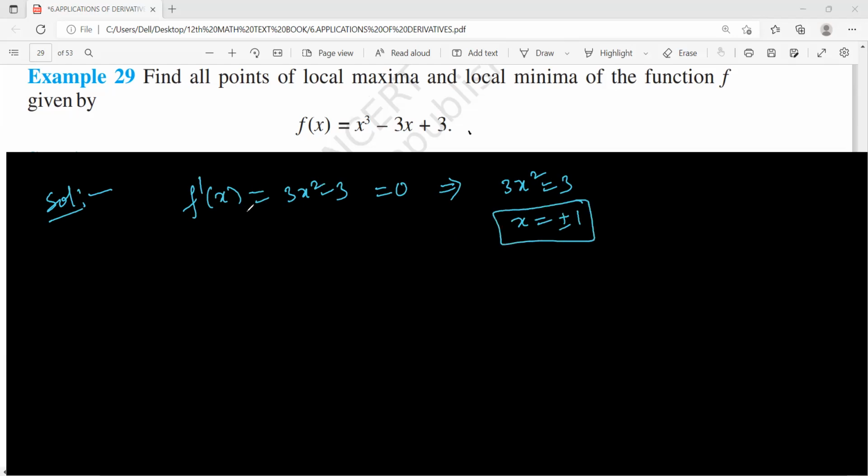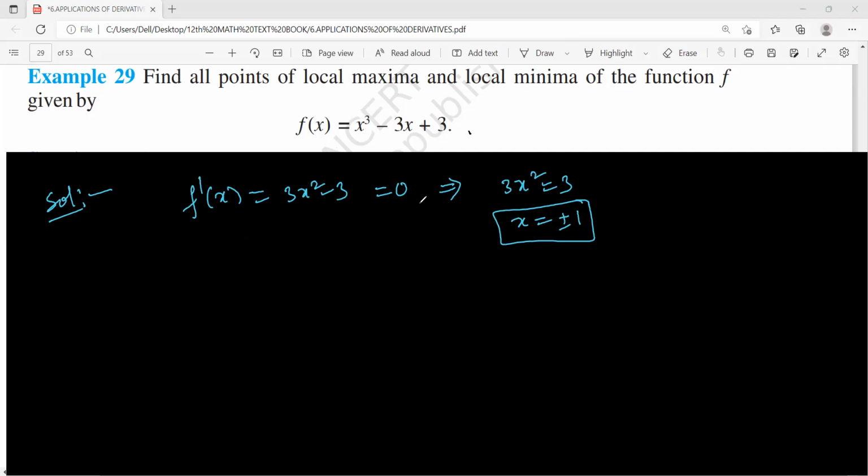Now what we need to do is find the points of local maximum and local minimum. But we know here 1 and minus 1 are the turning points. We know f'(x) equal to 0 means either they are turning points or